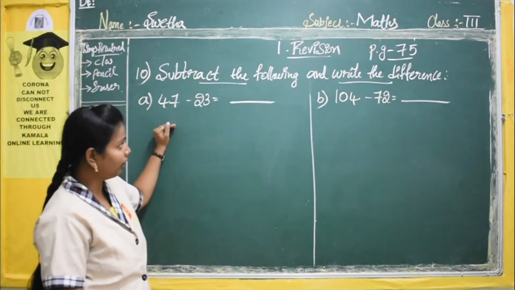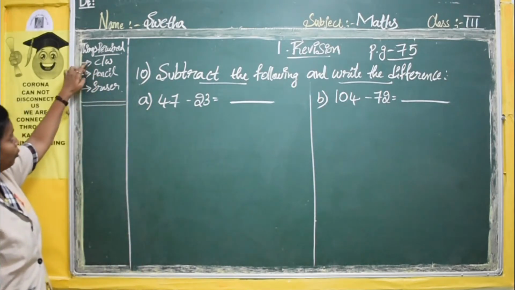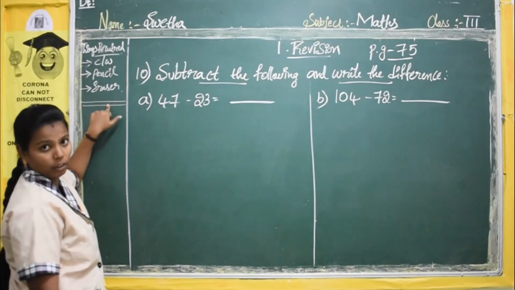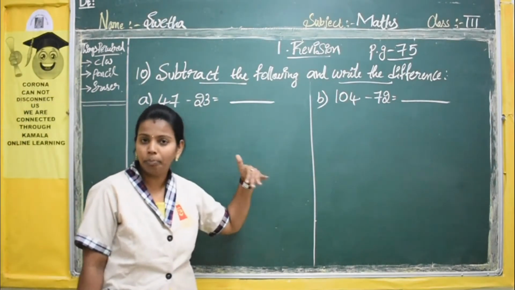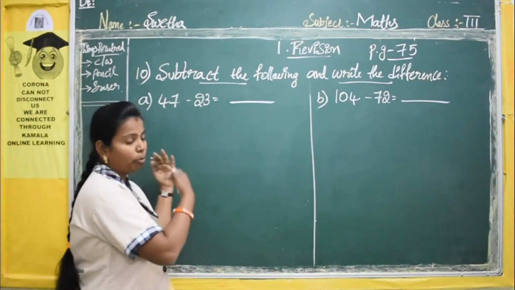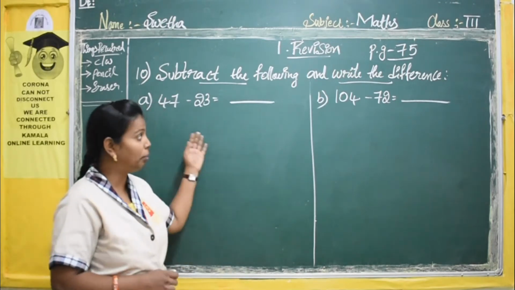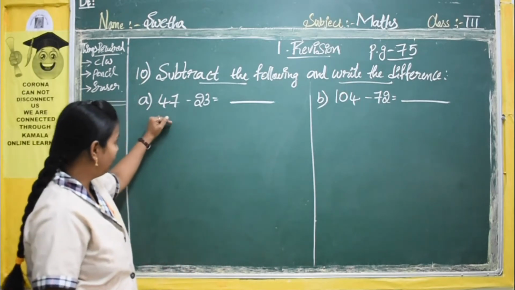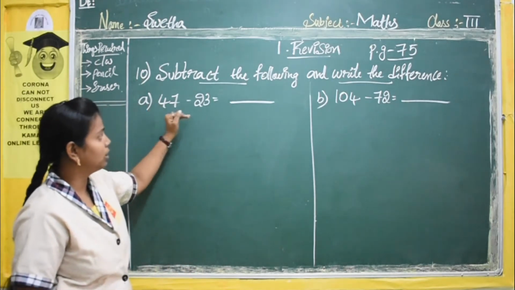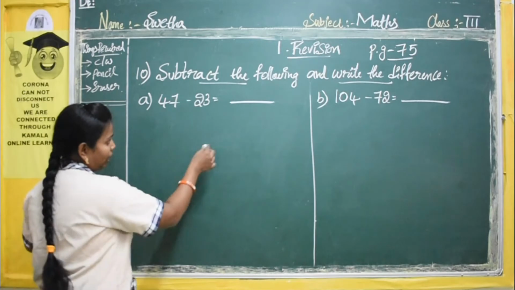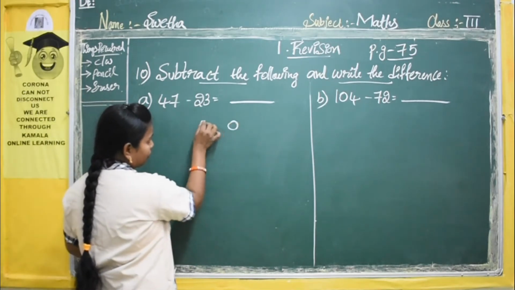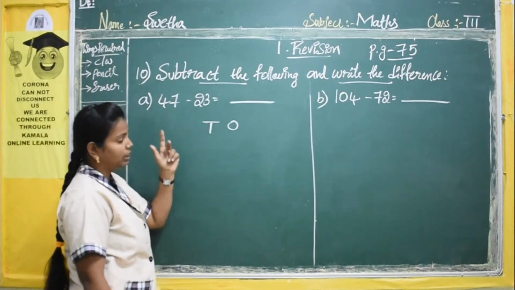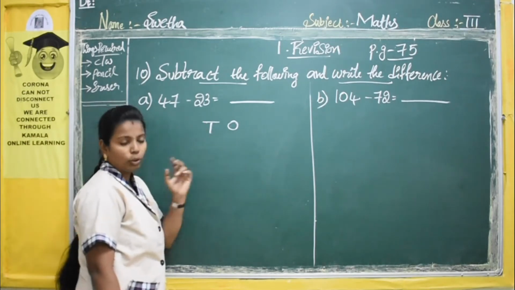For doing these problems you require your classwork book, pencil and eraser. Same as our previous problems, we are going to write these problems again in your classbook only. Why? Because we don't have sufficient place to solve the problem. Here we have 2 digits only. As I said before, when you are writing you have to take places according to the number of digits. So we will take only 2 places.